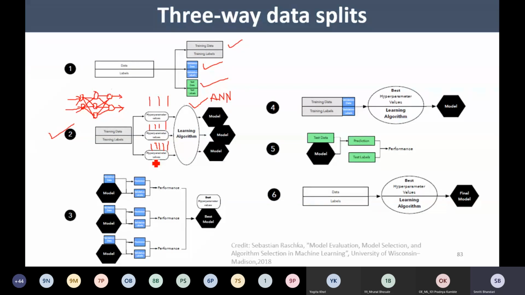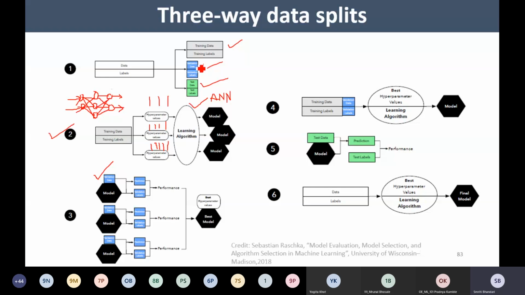So this was our step number 2. We are trying to tune the parameters, and based on the number of settings with respect to the hyperparameters, we come up with various models. Now, in step number 3, here comes the role of the validation data set. With respect to every model, these are now three different models that we created in step number 2, we are going to make use of this validation data.